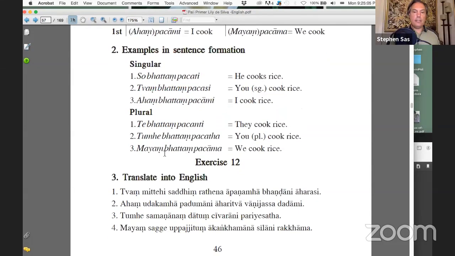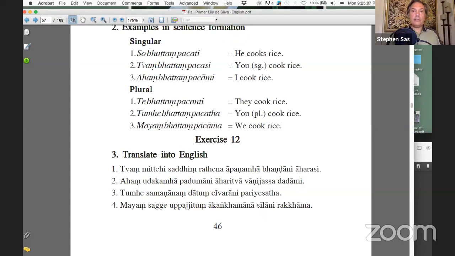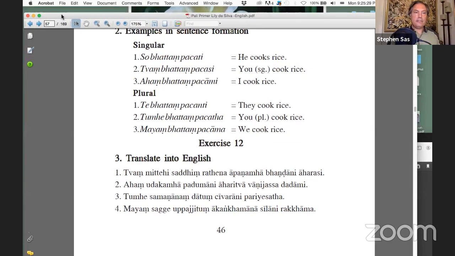And as I mentioned at the beginning of this class, we'll be looking at a select few of exercise 12 exercises. And that is because I want to skip over ones which contain the present participle, and because I don't want to get confused. And so we'll stick to just the ones that I've selected for our class. Okay. So that is going to be, I think, our final visit to the Pali Primer.